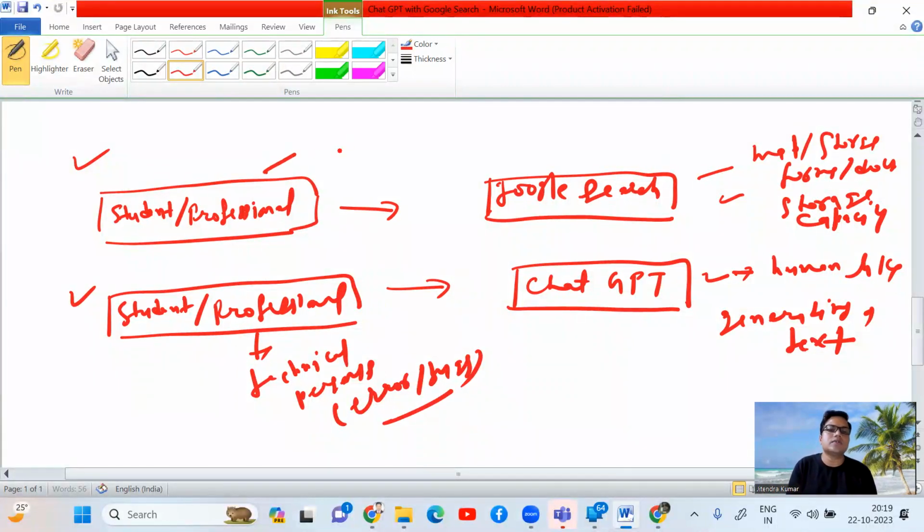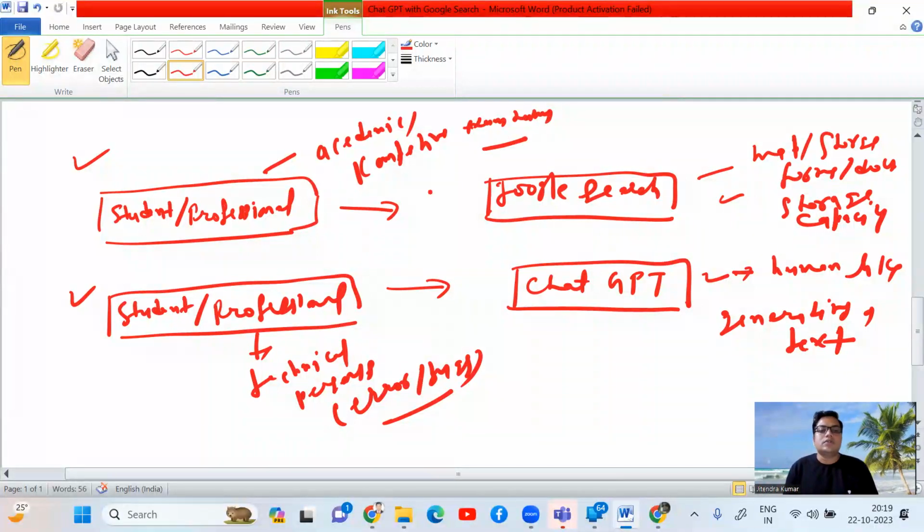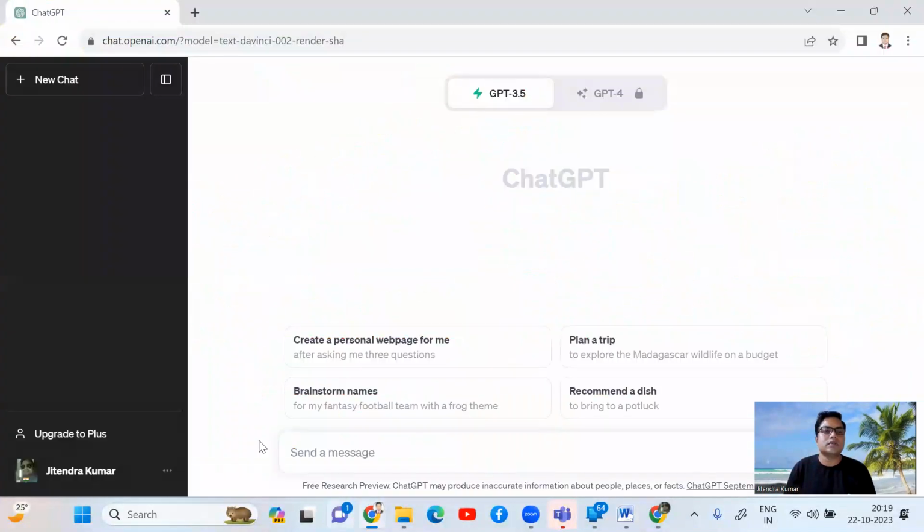And this will be used most of the time for academics and preparing for competitive examinations. So I hope you have understood. Let's see how ChatGPT is used. This will be your